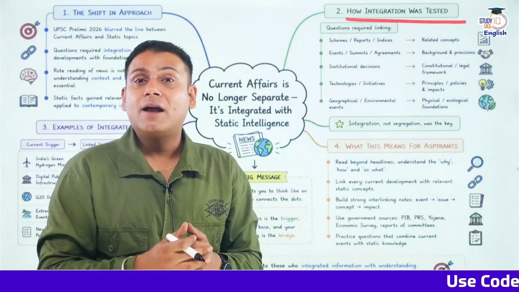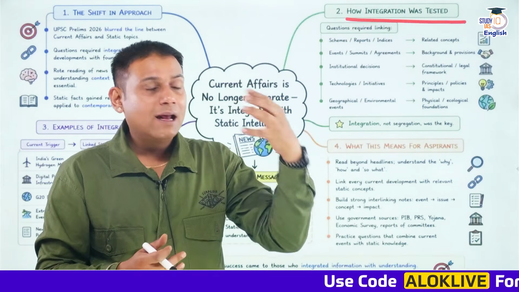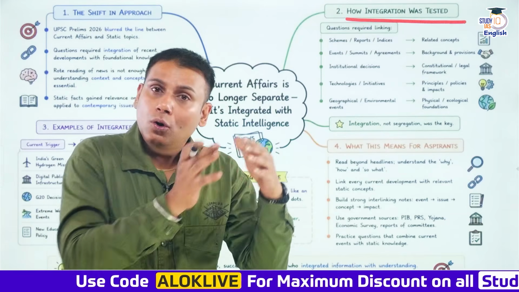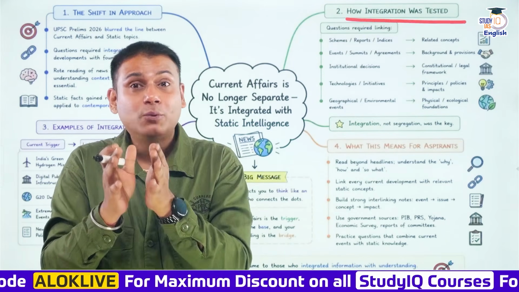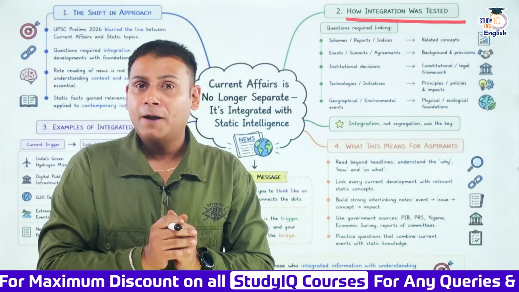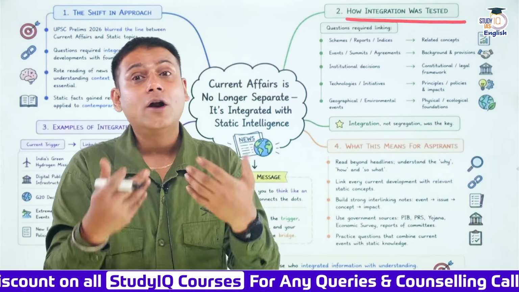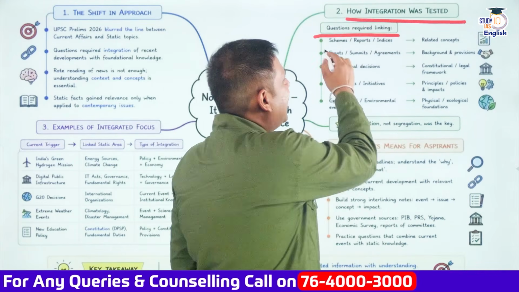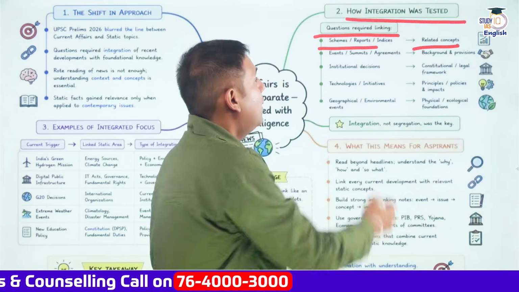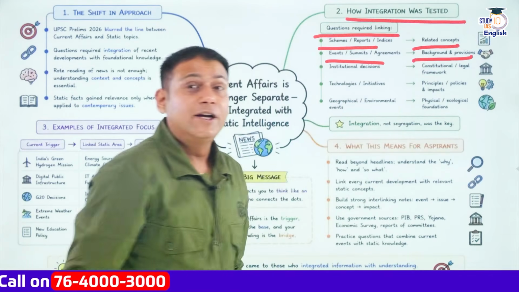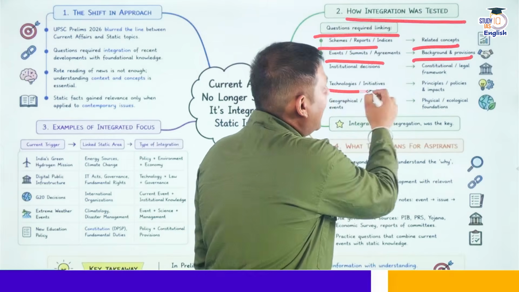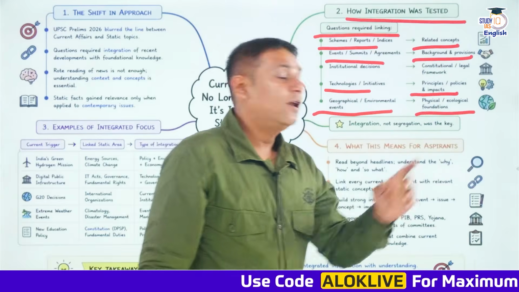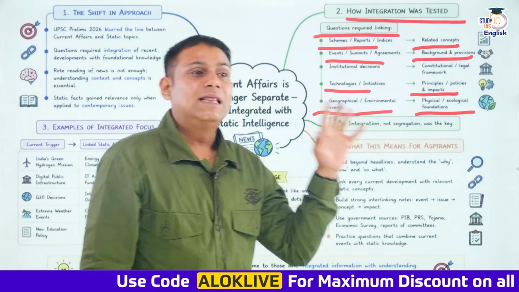Suppose you're studying any of the environmental summits, okay? So there are certain crux points and certain articles as a part of that environmental summit. So go through the terminologies, try to correlate that with the static concepts of ecology and environment. Same applies to history, same applies to the economy section. So here try to integrate your preparation. How? Suppose schemes, reports, indices related concepts were being asked. Events, summits, agreements, background and provisions related concepts have been asked. Then technology and initiatives, principles, policies and impact, geography, environmental events, physical and ecological foundations. So try to integrate in that manner.